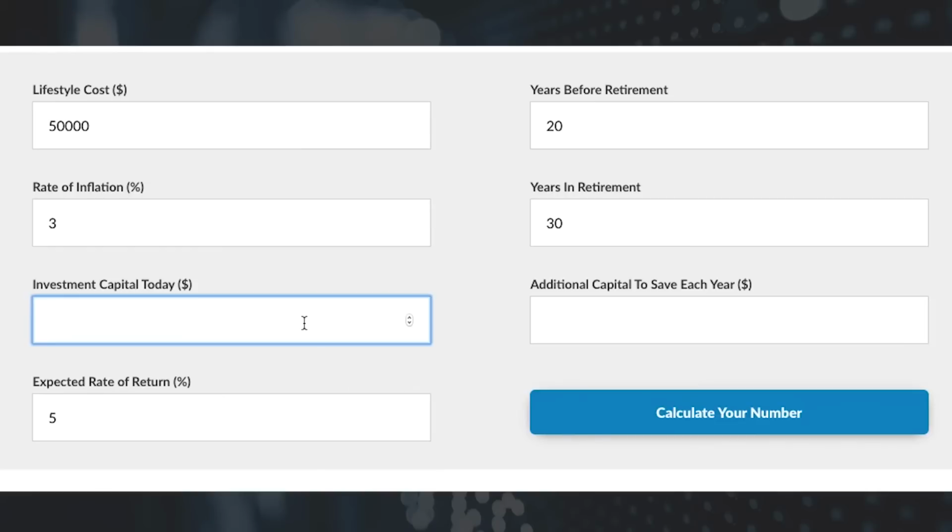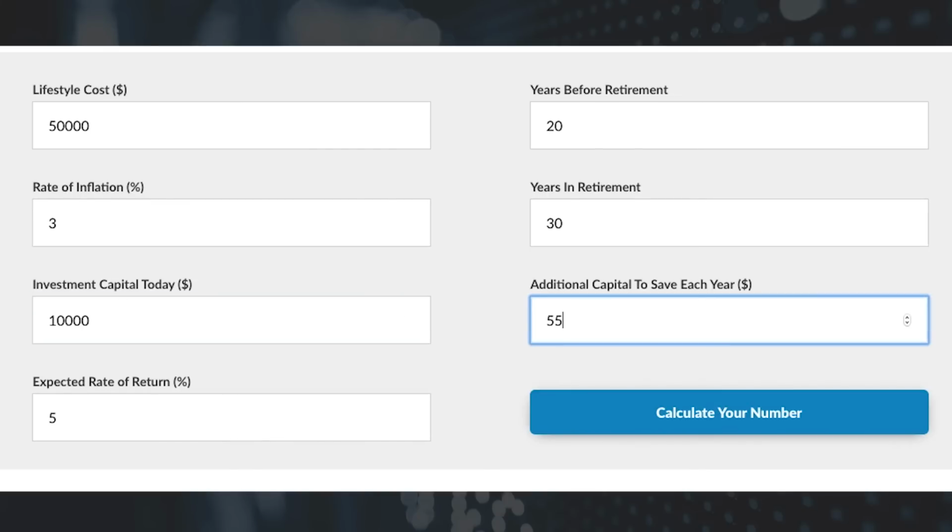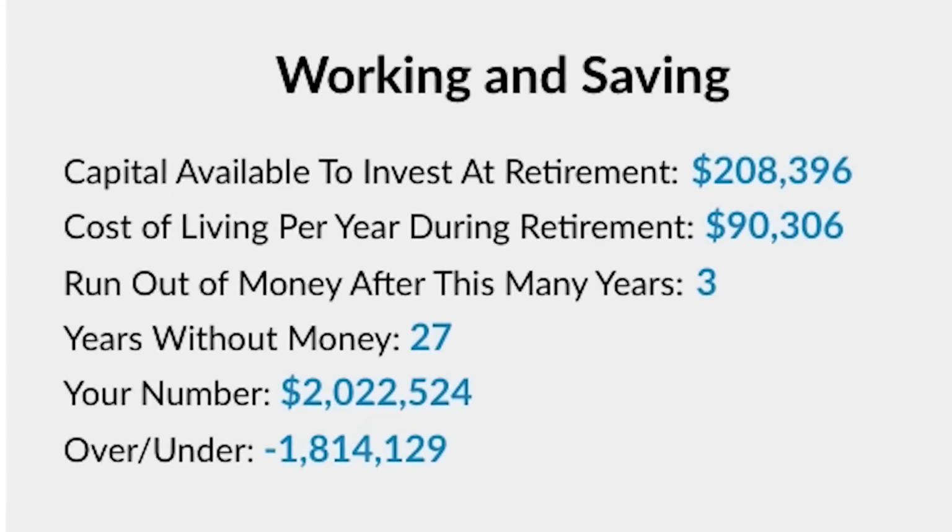Now, let's start with some assumptions in this. Let's start with the idea that you've got $10,000 today and you're going to invest that and you're going to be able to save $5,500 a year in a Roth. Where would you be in 20 years? And the answer is you'll have $208,000. And at that point in time, it costs $90,000 a year to live on today's $50,000 of purchasing. And you are going to be able to live 3 years before you run out of money,